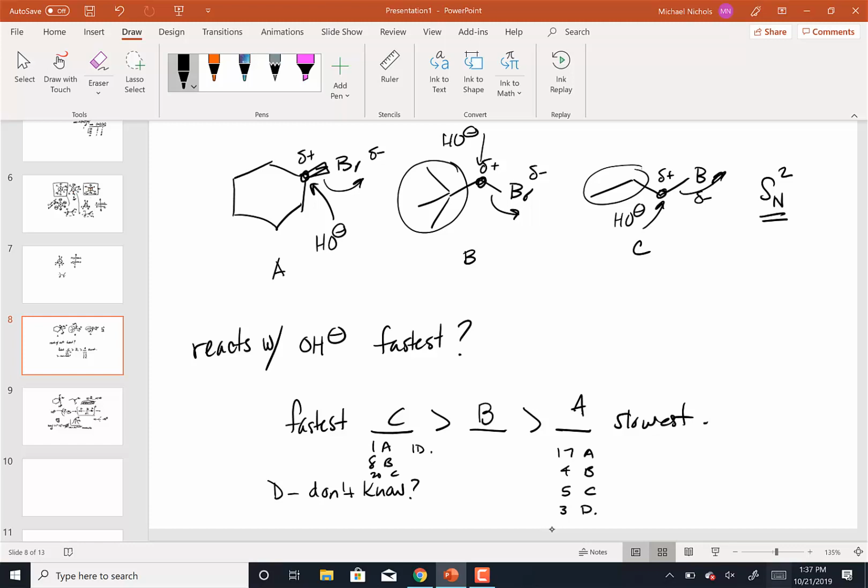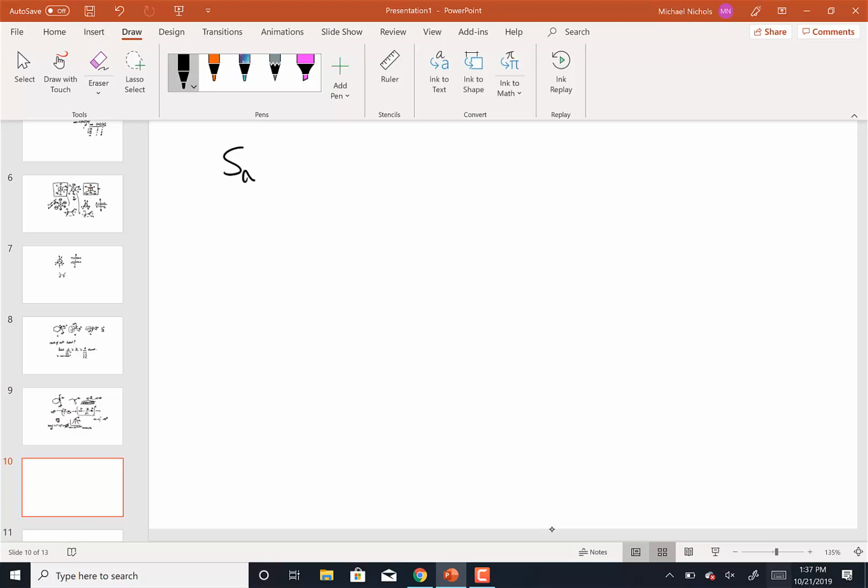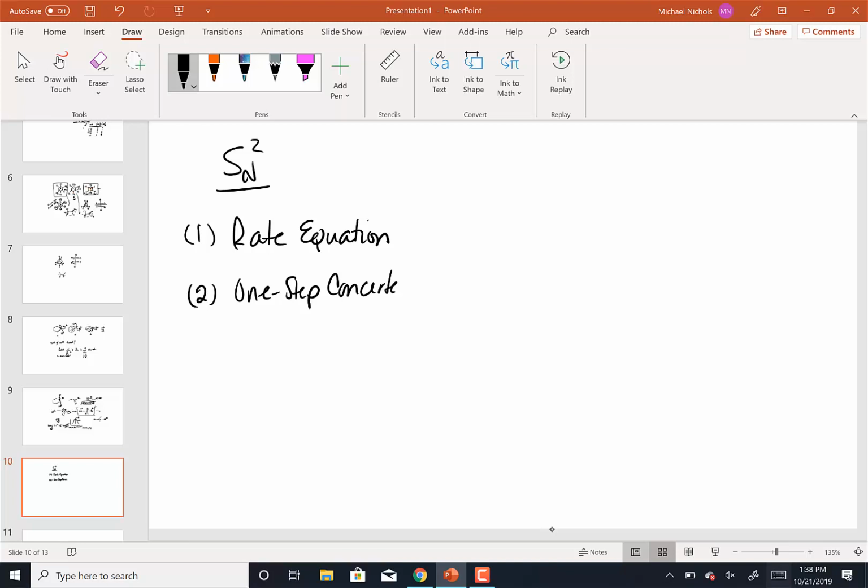So if I'm looking at that, I'm saying, oh, well, most people were able to answer that question correctly. But are we all kind of on the same page as to why that's the case? So for an SN2 reaction, there are 4 key elements to an SN2 reaction. Okay. The 4 key elements are, number 1, the rate equation. Number 2, the fact that it is a one-step concerted mechanism